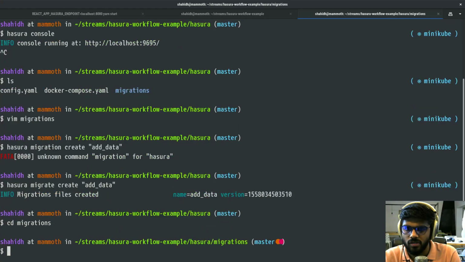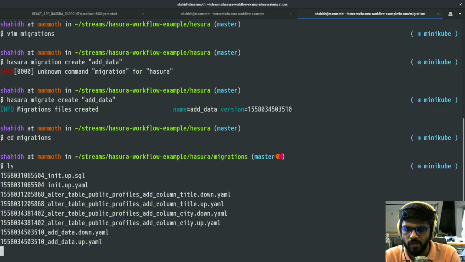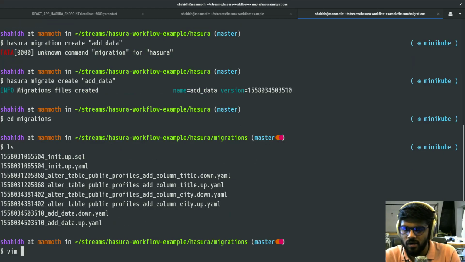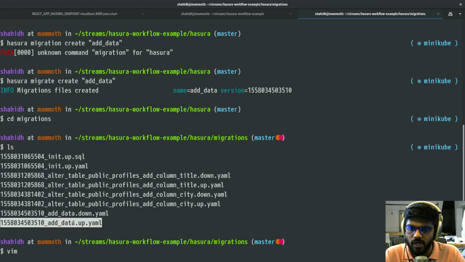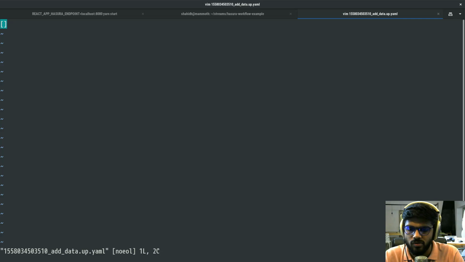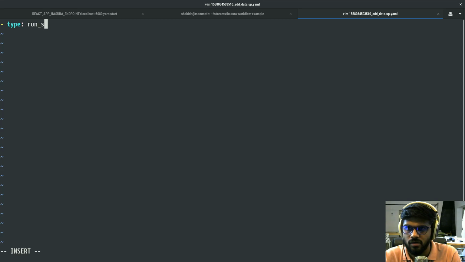So if you go here, it will say new migration files created, called add data up and add data down. So in the add data up, I'm gonna say type run SQL, args, SQL, MySQL is